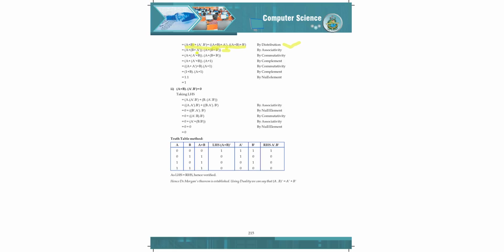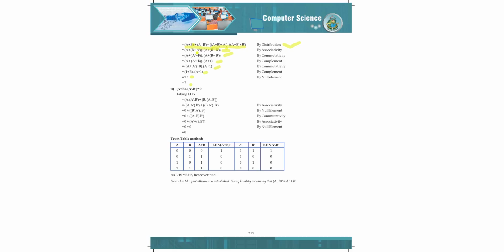Here you will see in De Morgan's theorem why it is important. Because in De Morgan's theorem all the theorems get integrated. Okay, you can use all the theorems. Find a plus a bar b. Then a plus, again by commutative theorem you will come to this. Then apply the complement theorem. After that commutative theorem again. Then complement. Then null element, and you will get 1. Fine.